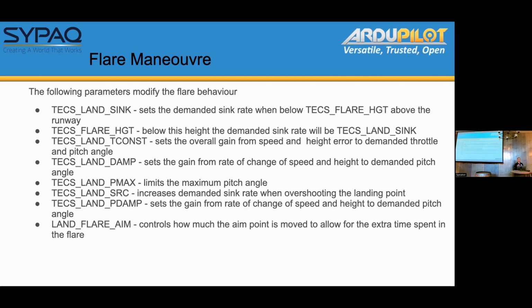These other parameters just control this. These are the same parameters, but just for the flare maneuver. So you can change the time constant. The land time constant also affects the flare, and you can have a more aggressive height control in the flare. You can have more damping to respond to gusts. You might want to limit the maximum nose up pitch angle so that you don't allow the aircraft to pitch up excessively during the flare maneuver. Just as a safety,